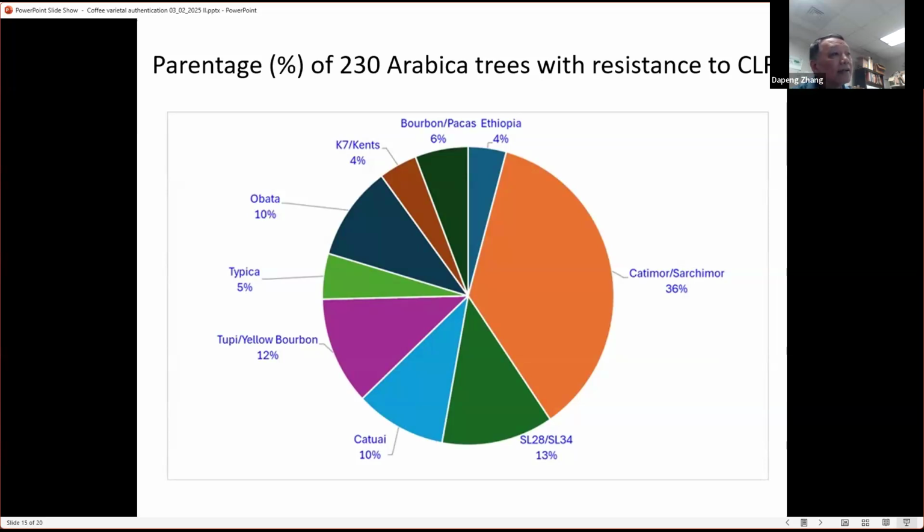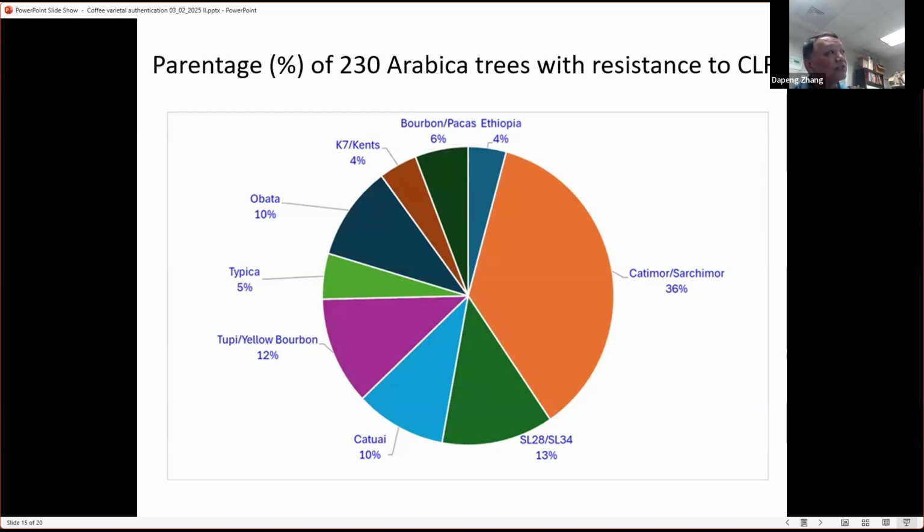In this case, we have 36% of parentage coming from Catimor and Sachimor. Then the second large group is from Tupi and Yellow Bourbon. Then the third group is from Obata. Here I'm not saying this is the Obata variety or this is a Tupi variety. What I'm saying is the parentage, the pedigree, came from those varieties, which indicates there are different sources of resistance